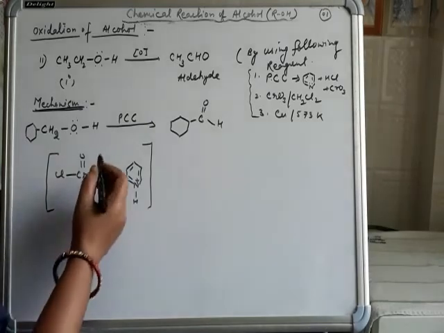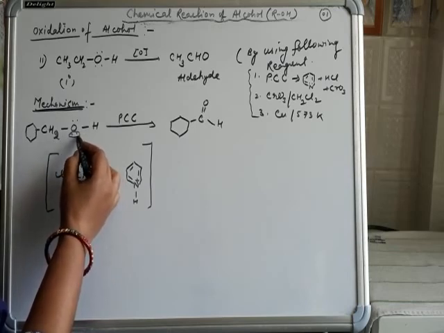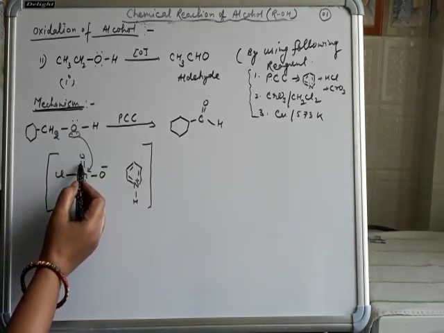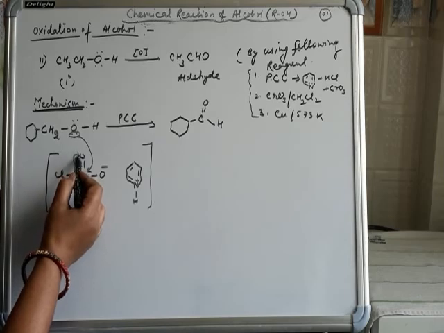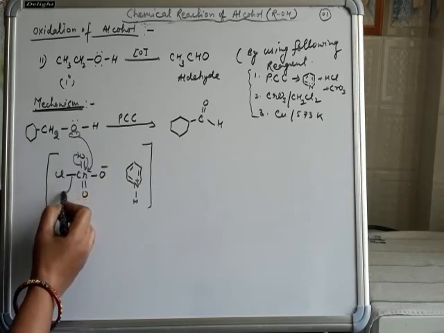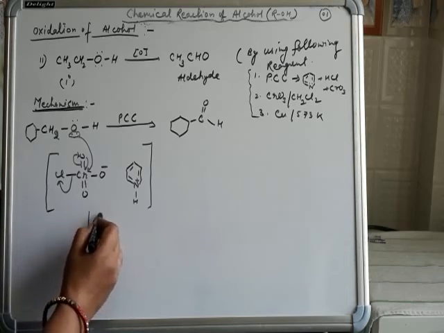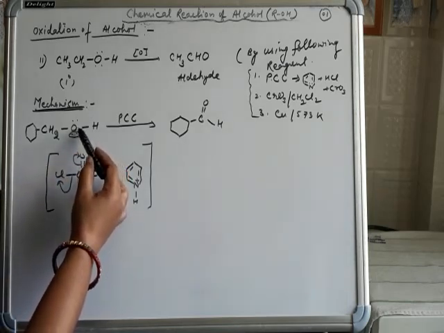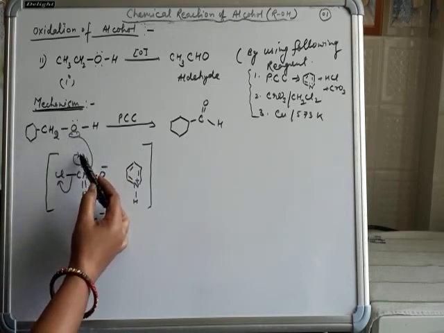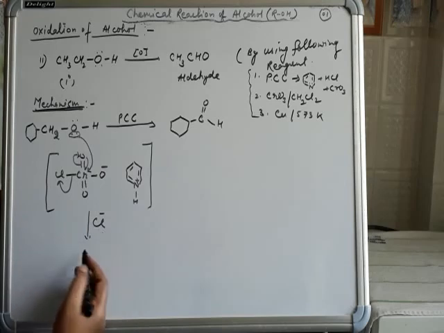At first, the lone pair of the alcohol oxygen is donated to the chromium. Simultaneously, the pi electron shifts towards the oxygen. When it comes back towards the chromium, the good leaving group chlorine is removed in the form of chloride. Oxygen donates the lone pair electron to the chromium, pi electron shifted towards the oxygen, when it comes back, the good leaving chlorine group is removed. Now we have